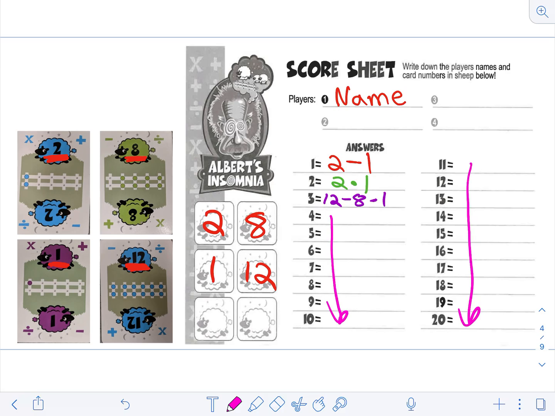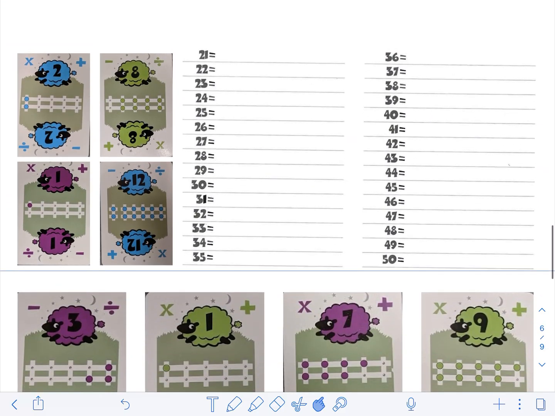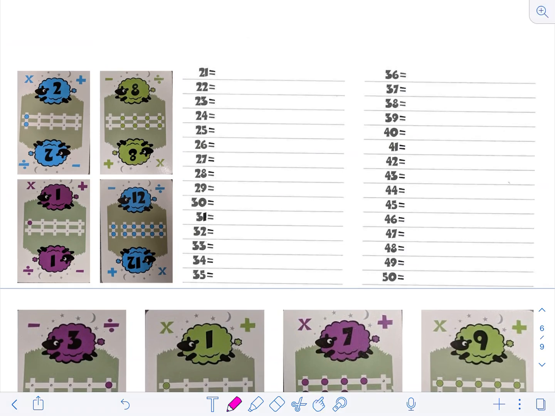Now, the second page is if you go past 20, and I'll need this for an example. Let's say you got all the way up to 26. Now, for 26, that could be a little trickier. But you can also use parentheses. Does that help? So you could say, okay,